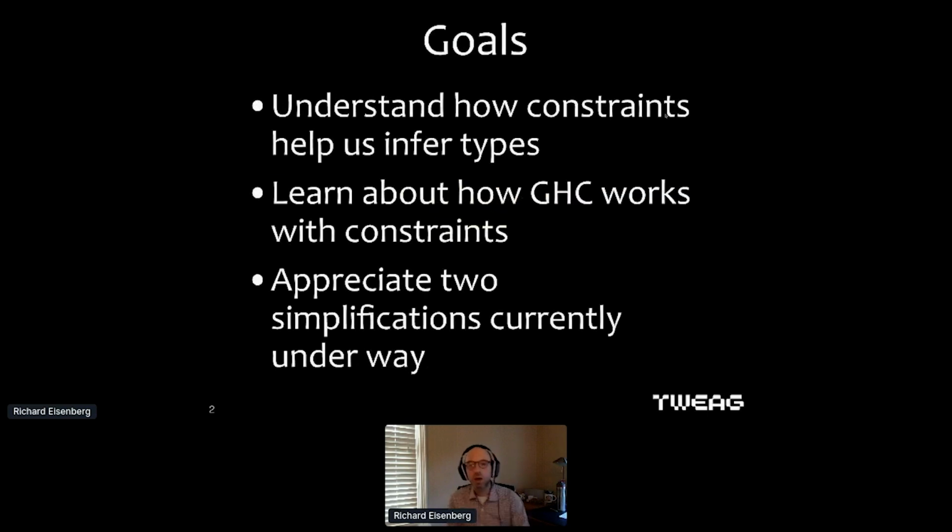This particular talk is going to be an exploration of how GHC uses constraints to perform type inference. We want to understand that as useful background, since it'll help us understand our interactions with GHC a little better. And then I'll also explain these 2 simplifications along the way. So this is hopefully going to be a good example-driven talk. This is actually my last slide